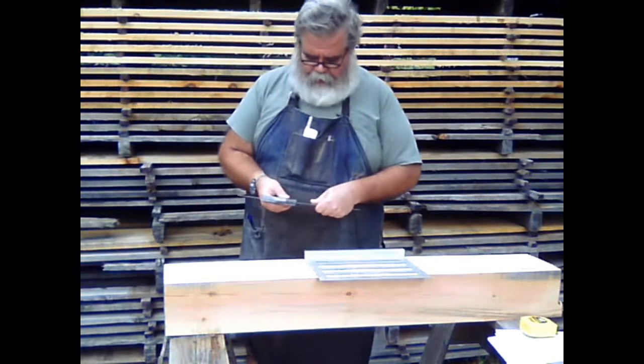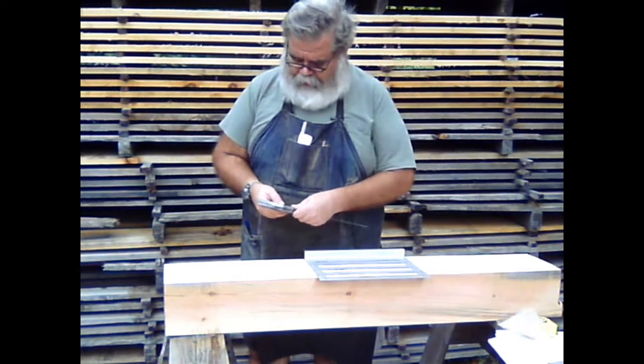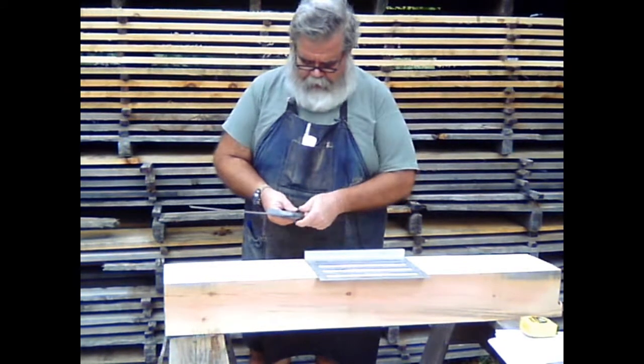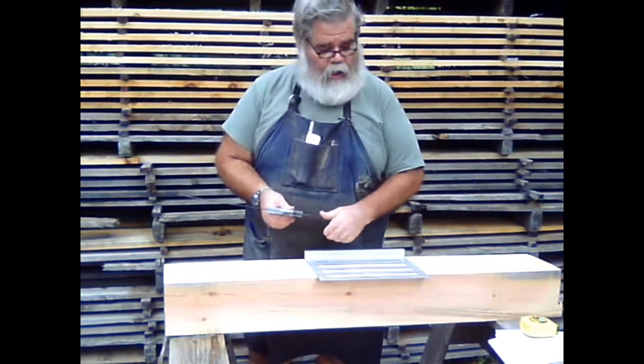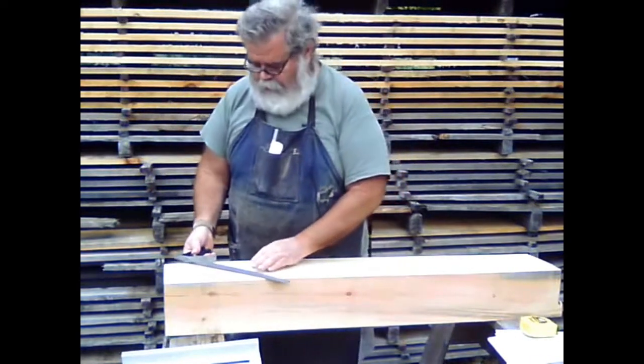Okay, I've got my combination. This one is a 16-inch long one. Very nice, very happy with it. I want to set it to be very long because I want a reference off the top to draw my